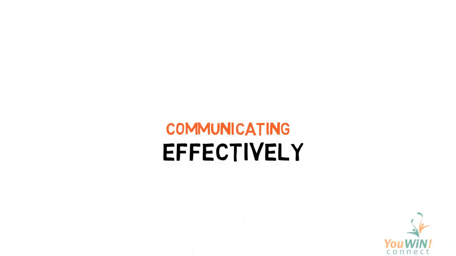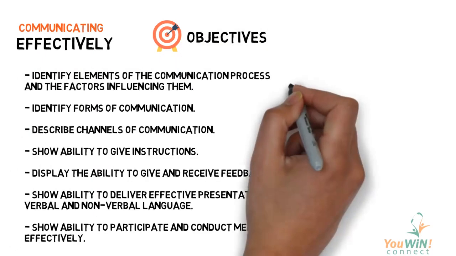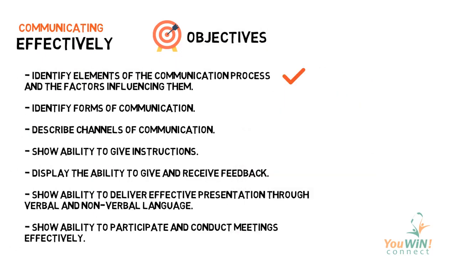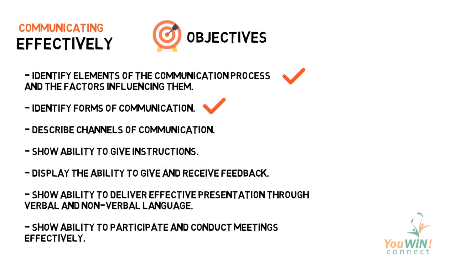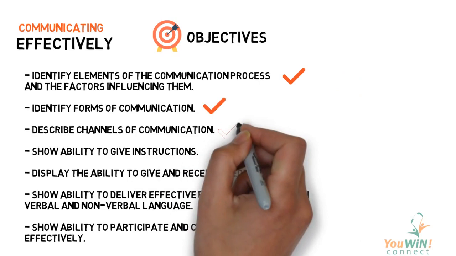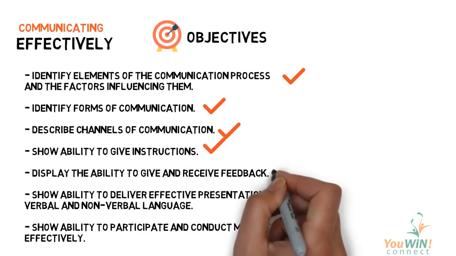Our first module is communicating effectively. By the end of this module, you should be able to identify elements of the communication process and the factors that influence it. Identify forms of communication, describe channels of communication at work, show ability to give job instruction, display